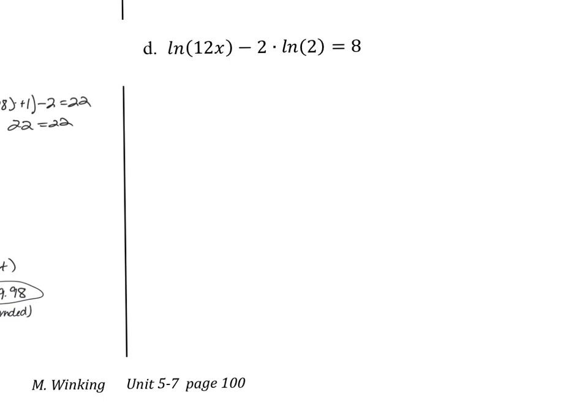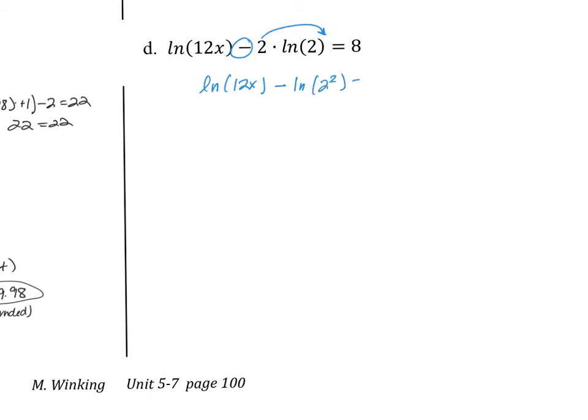You do need to recall your log properties for expanding and condensing. Okay? So if you're coming back here, it's because you tried this problem and you're checking it. So remember, if we have subtraction, that actually means division. But first we need to put our exponent up. So we have ln of 12x minus ln of